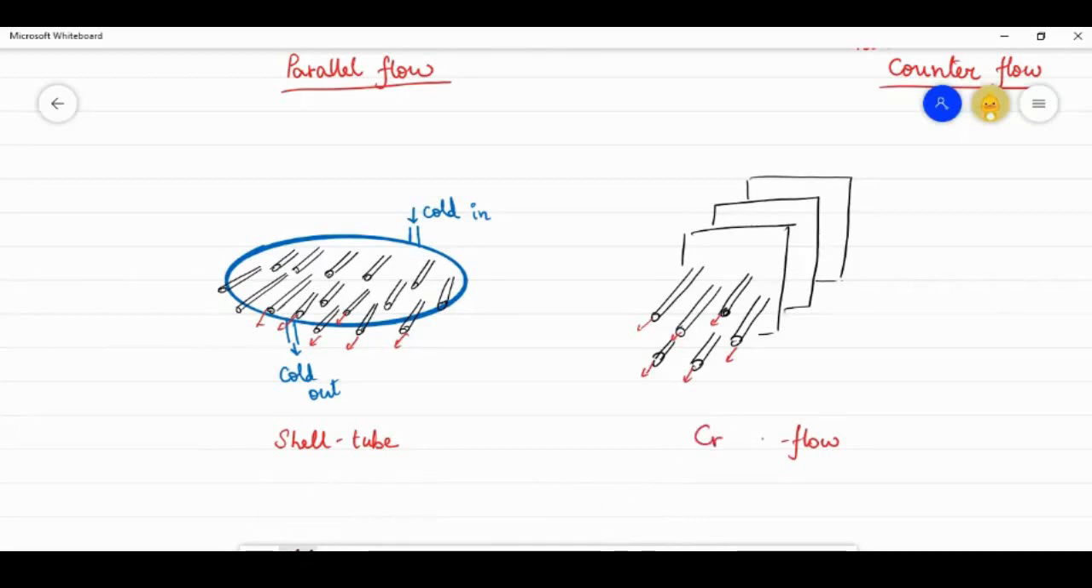In this cross flow type heat exchanger, one fluid is allowed to flow in one direction while the other fluid flows in a perpendicular direction or in a cross direction. Such heat exchangers in which the fluids flow in mutually perpendicular directions are called cross flow transfer type heat